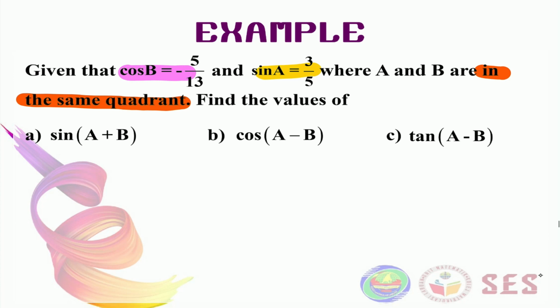To do that, we have to sketch the triangle for both of these angles. But since we've learned about quadrant and aspect in the previous subtopic, we need to carefully sketch these triangles this time. We need to put the triangle in the exact quadrant in the Cartesian plane. Now, let's sketch two Cartesian planes for each of the angle. This one for angle B and this one for angle A.